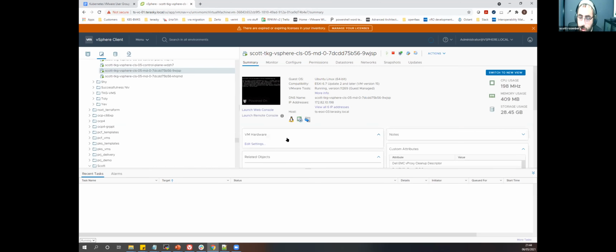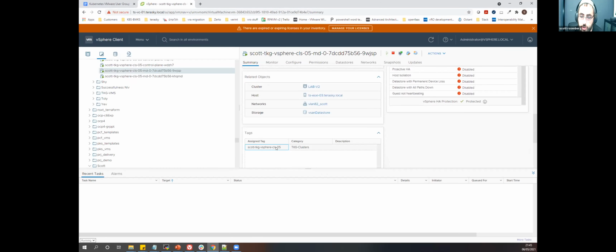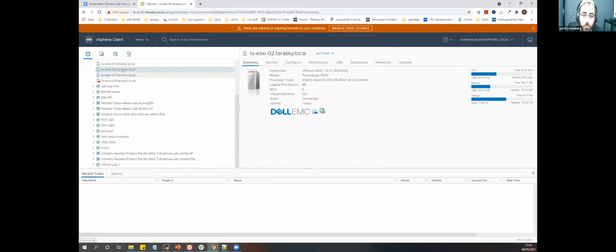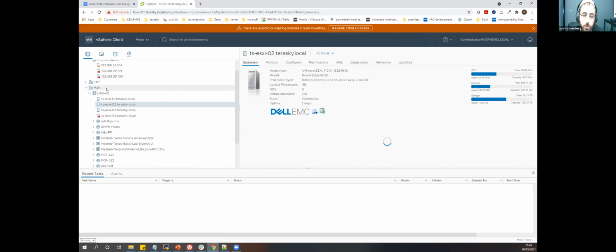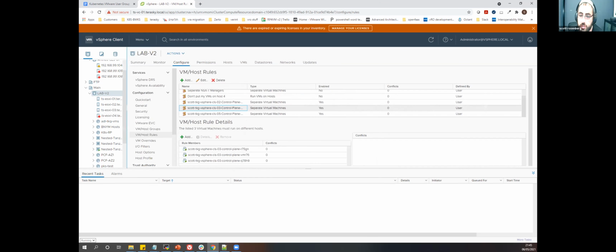But all of our clusters are basically going to be tagged with which cluster they belong to. So automatically we have this for all of our different types of clusters. We're tagging with a category and the name. And also what we'll see in a moment once it creates is that automatically we are going to have here DRS groups that are going to be created for us with the control planes, basically very simple, the cluster name, and then separation by the control plane.